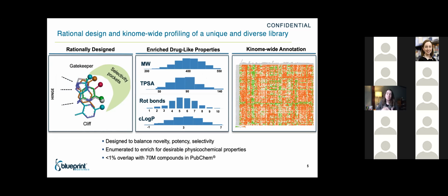The library itself, these hinge binding scaffolds, they sometimes come from different literature papers, sometimes designed by our chemists, computational chemists, structural biologists. And these different vectors extending towards different selectivity pockets, we rather agnostically decorate them without actually having a specific kinase in mind, and then collect single point percent inhibition data across the kinome. So then eventually we have